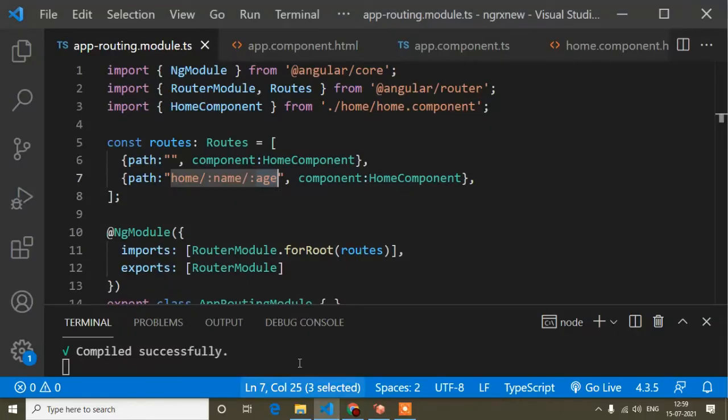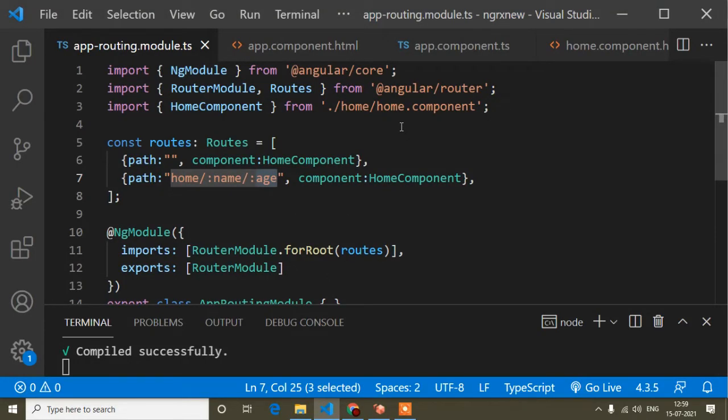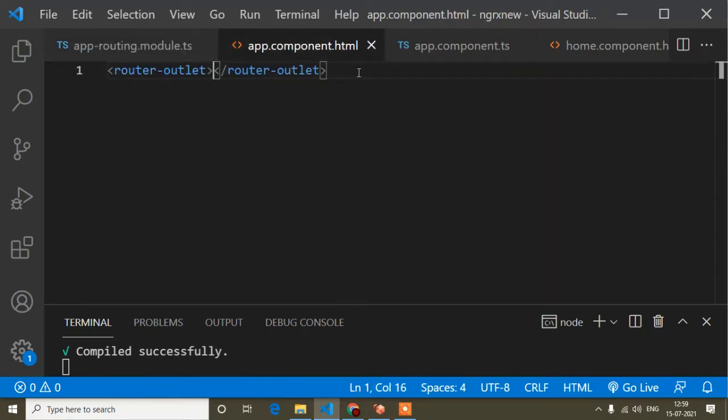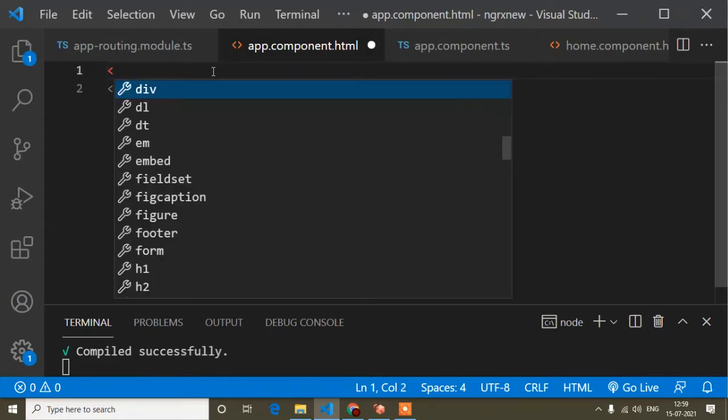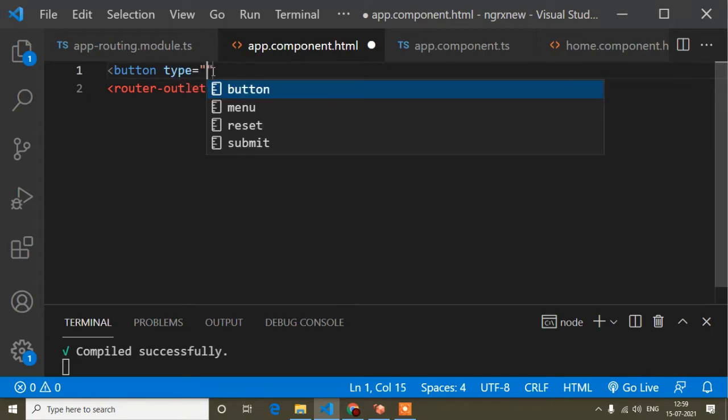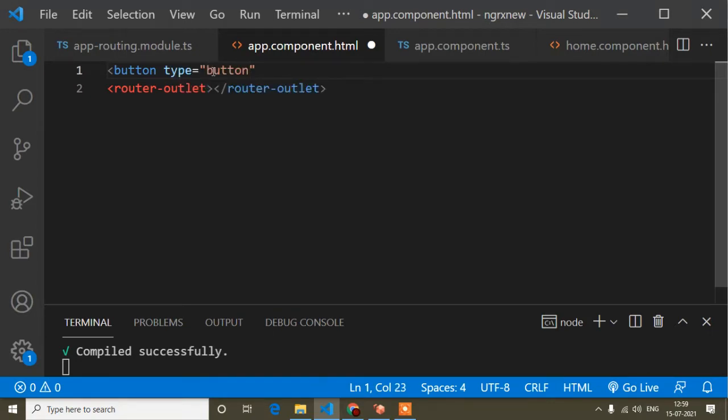Okay, so first of all guys, here I have passed name and age as parameters, but I'm passing static values, that is name creative developer and age 26. So first of all, I will pass those values the dynamic way. How can we do that? In the app component.html file, I will create a button. Here I will write button, type is button, with the text open another component, and click. When I click this button, at that time I will pass the parameter values. I will show you how to do that.